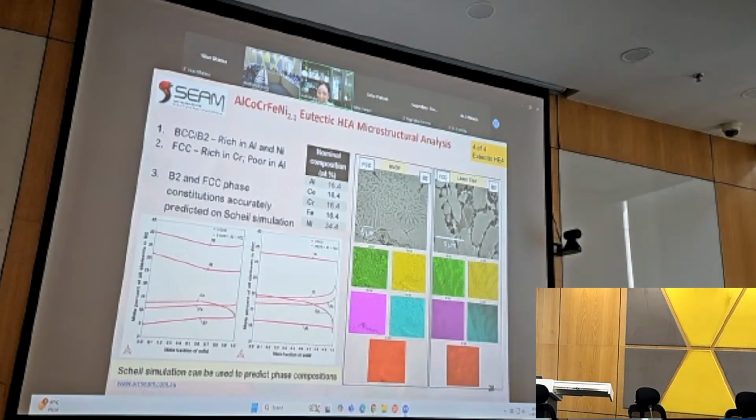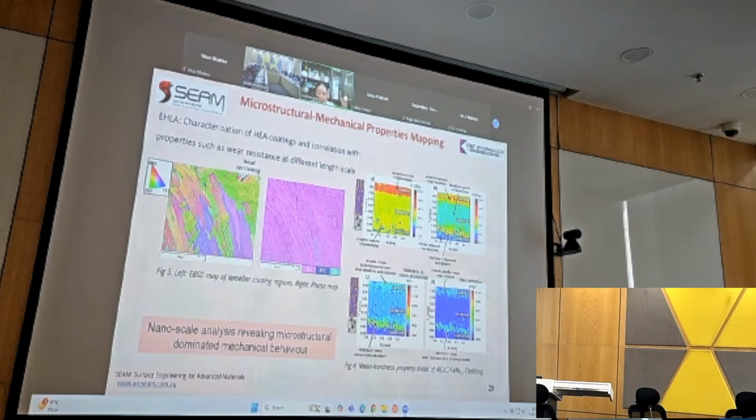That was one of the reasons why we wanted to use simulation, because we can do different kinds of simulation. We start looking at the grains and how to orient the grains, and we can orient the grains by controlling the cooling rate, how the laser moves, how the